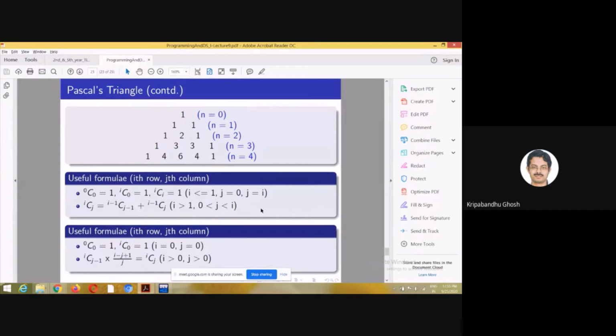Please try the other 2 variations. Please try to implement the other 2 variations: this variation and the variation I was just talking about. I should not use the term. Generally, people say try this at home, but still you are at home already. So try this after the class.